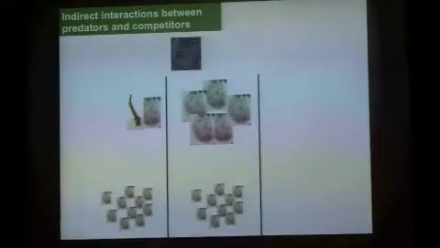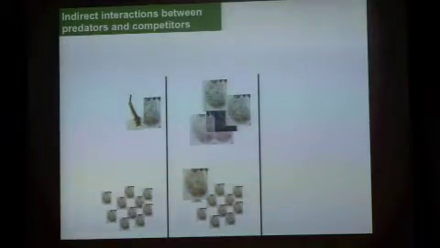So here's what I think might be happening. We do know that this is our focal species, Colpoda. They partition the water column a little bit, and the bigger cells tend to stay up in the water column and the smaller cells tend to stay down in that refuge. And so if you add a predator into that community, they can forage really efficiently up in the water column. They don't forage very efficiently down in the refuge. And so the cells that are experiencing a greater deal of the predation are the big cells that are up in the water column. What you're left with is a population of small cells and not very many big cells. If you add a competitor, the same thing happens.